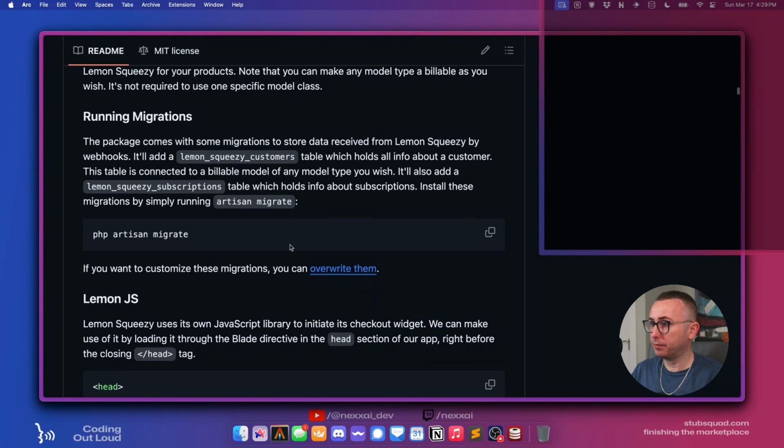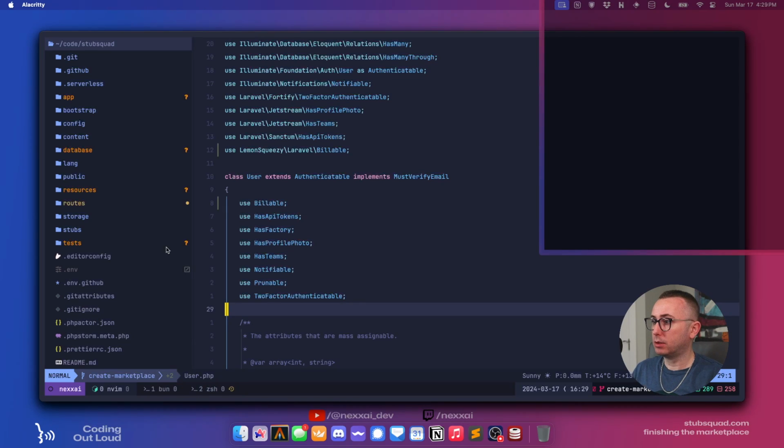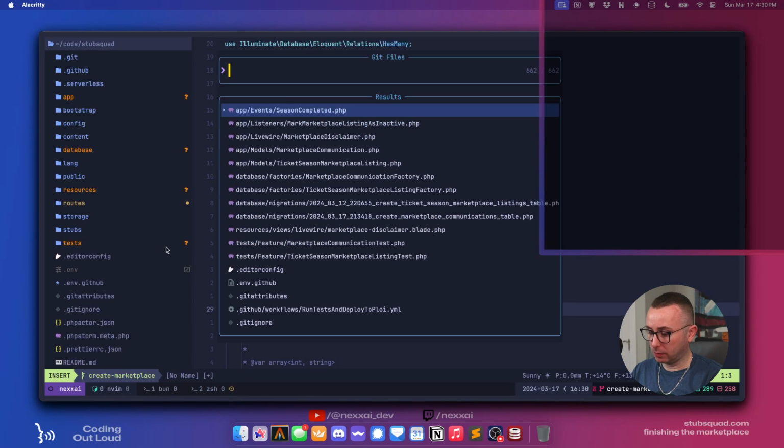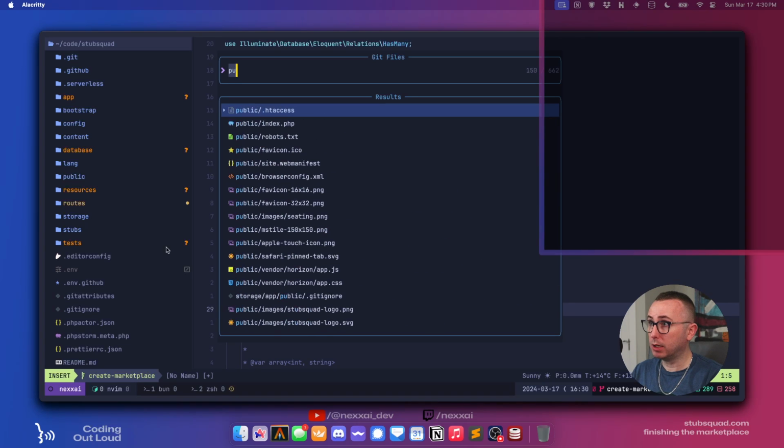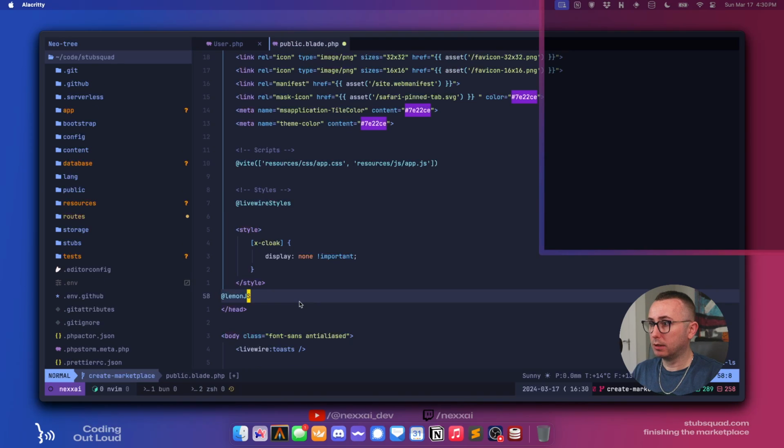Customers, subscriptions, orders. That's awesome. And it uses its own JavaScript library. We can make use of it by loading it through the Blade directive in the head section of our app, right before the closing head tag. So we will go to our public layout. We'll put it in here.